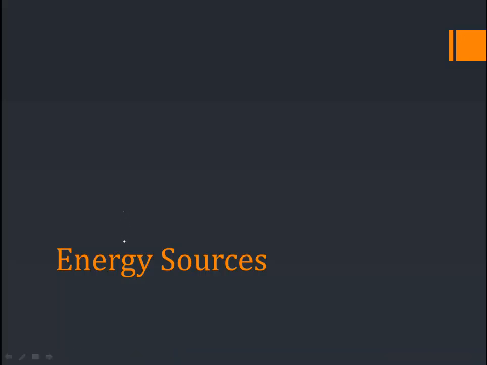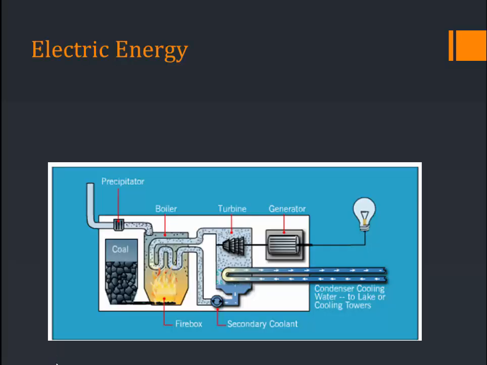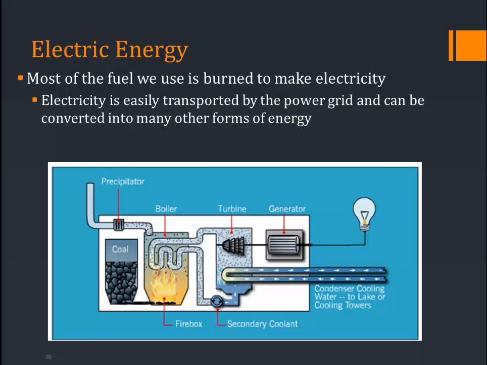In this video, we're going to take a look at the different energy sources that we have on Earth. Most of the energy that we use is converted into electrical energy and then back into some other form. And that's because electrical energy is easy for us to move around. We have developed a power grid that conducts electricity all over the country, and then we can easily convert it